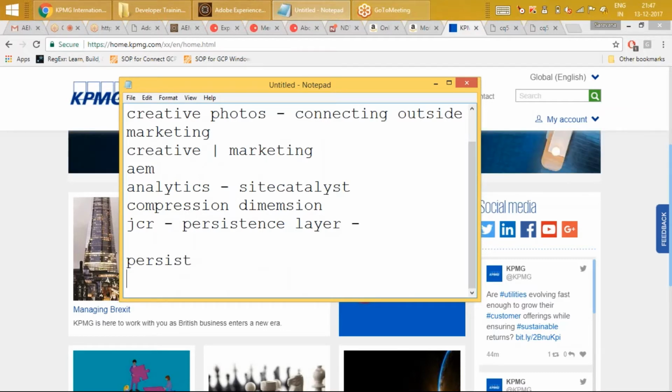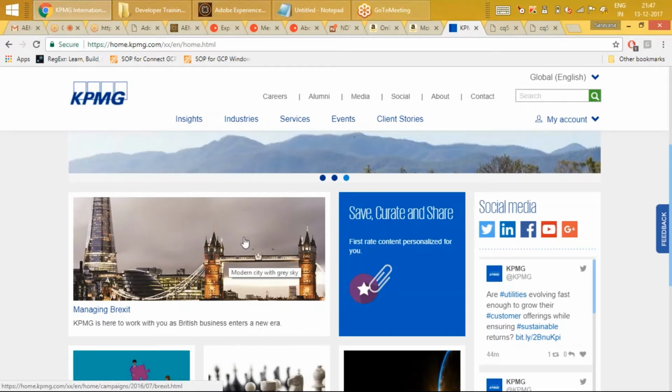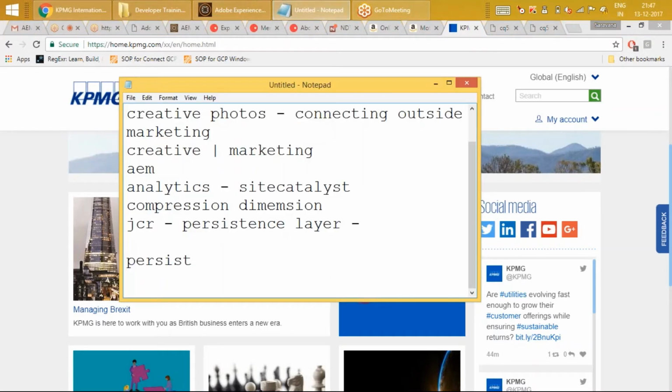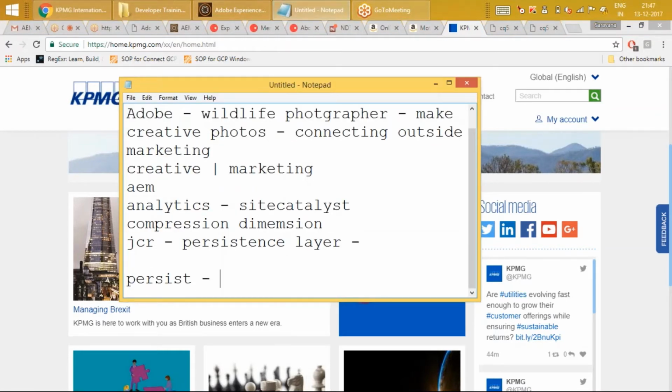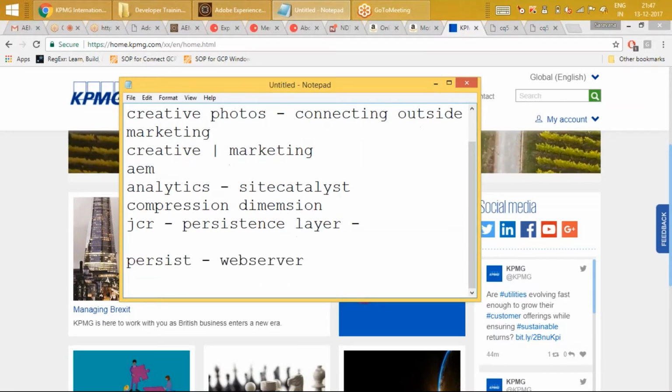True, but still in the low level, meaning, for example, I have a website. Okay, this image can be pulled from a web server, right? It's actually coming from a web server, and this image that is rendered is physically created as a file within the web server. Agree?